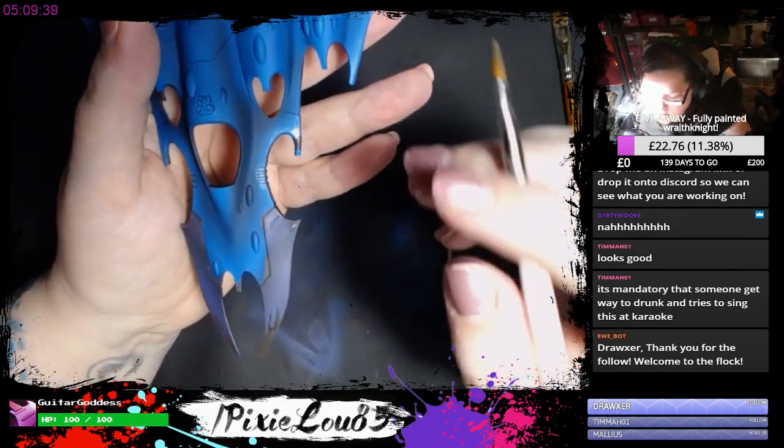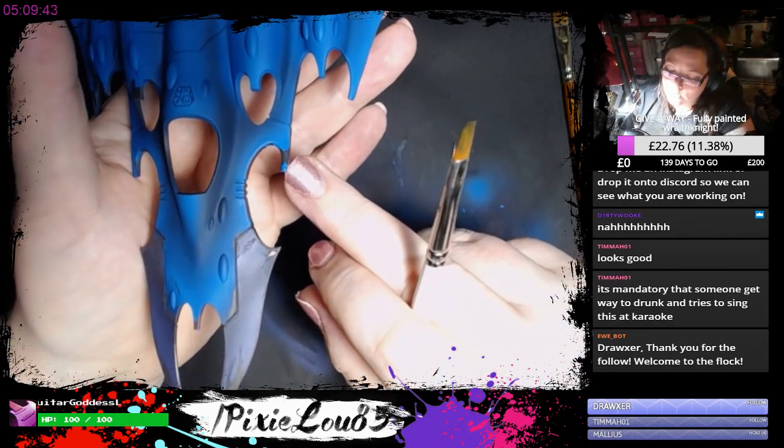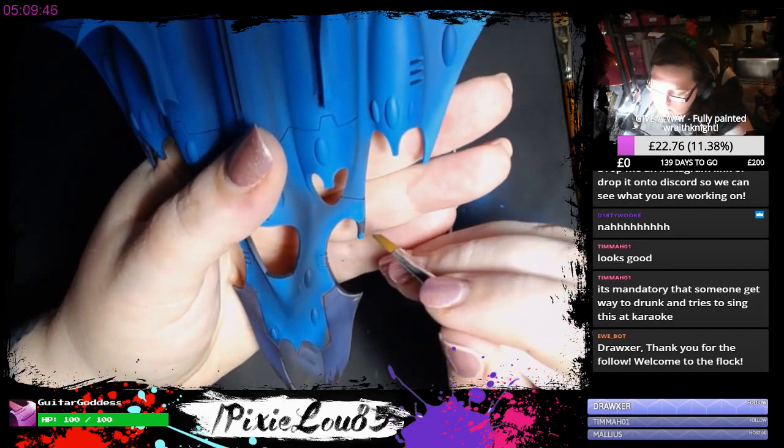Using a brush is a nice effect because it peels away sections of the paint. Because if you've ever noticed, you always get a blob of paint on the end when it's like a